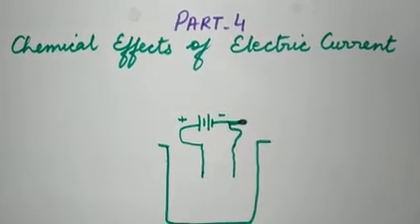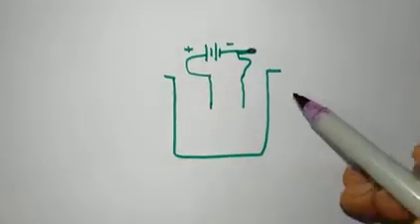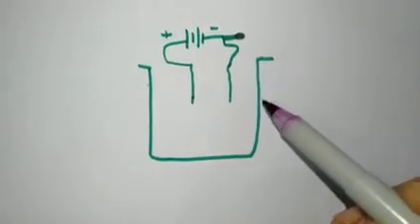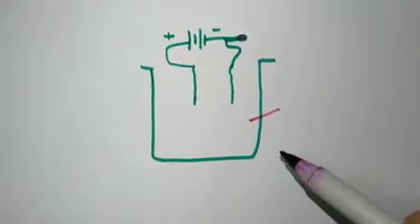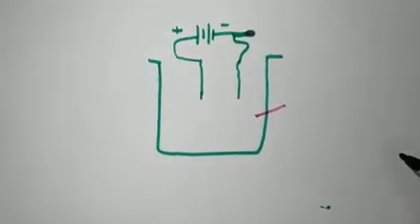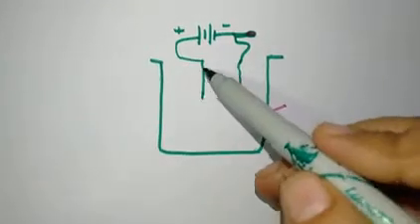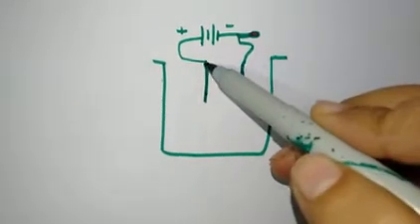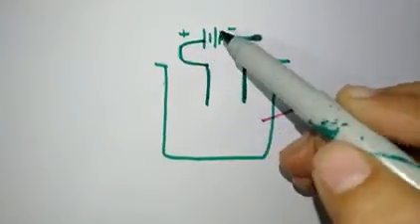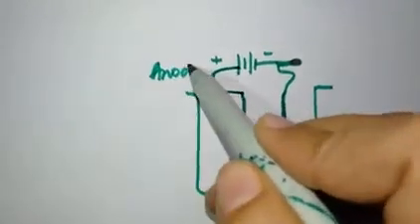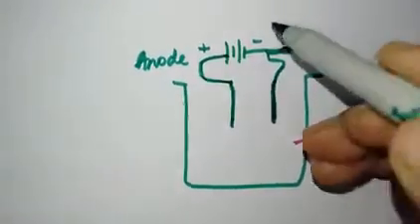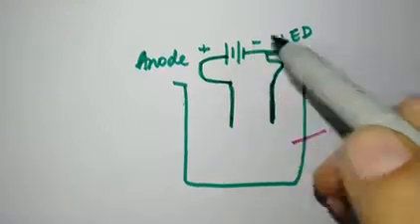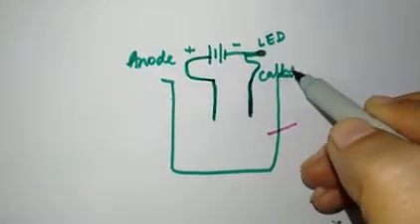What we do here is, again we have taken a cup, a glass beaker or a plastic cup or a glass cup, and in this we fill the liquid which we want to test. In this we have inserted two pins, two metal clips, and we join this metal clip with the positive terminal of the battery, so this becomes the anode, and this we join with the LED. This is the LED, and in turn it is joined to the negative terminal of the battery, so this becomes the cathode.